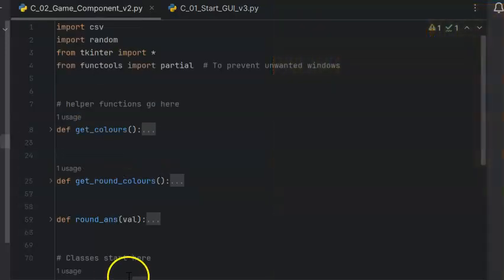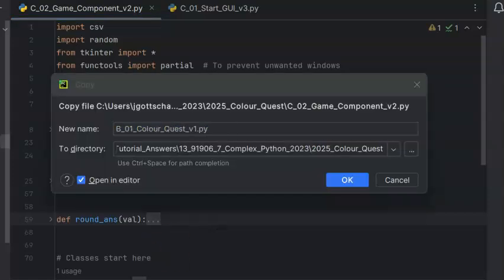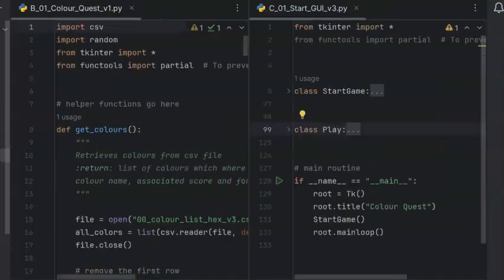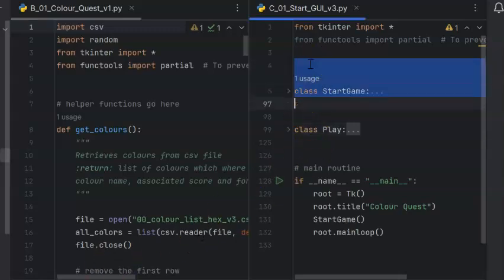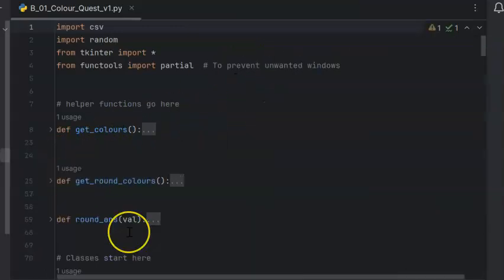So in case you're not sure, here's my approach. I'm going to go into my game component, which has most of the code that I need. I'm going to save it as base version 1. I can do a quick check to ensure that all of the libraries I need have been imported at the top. And then I'm going to go into my start component, copy my entire start game class,